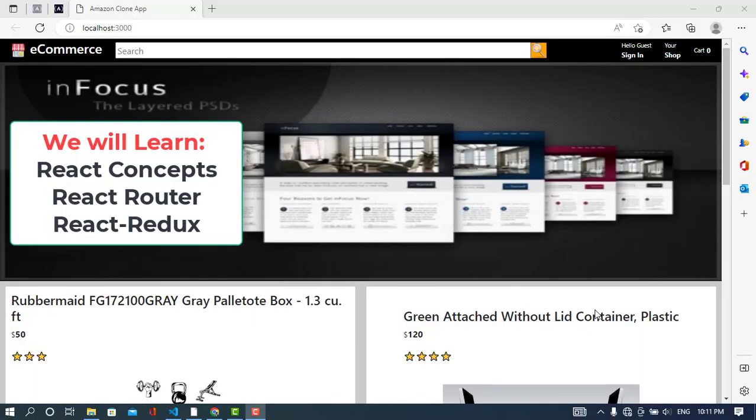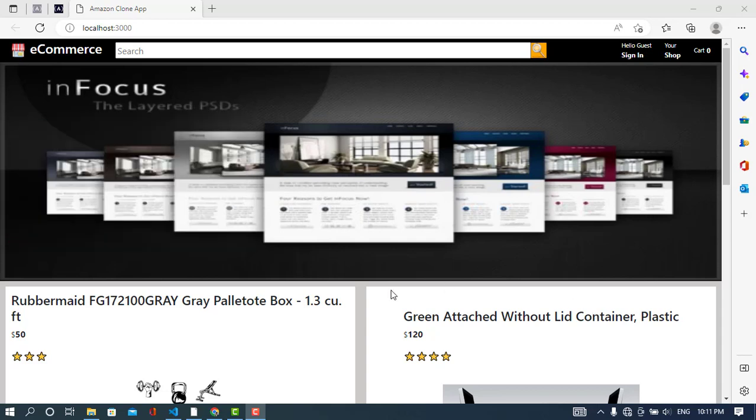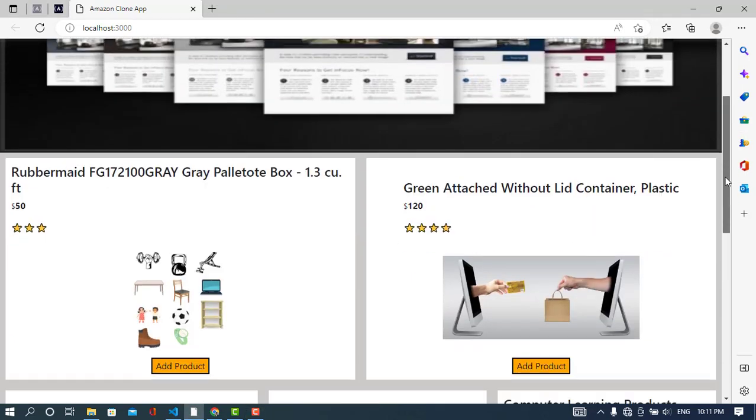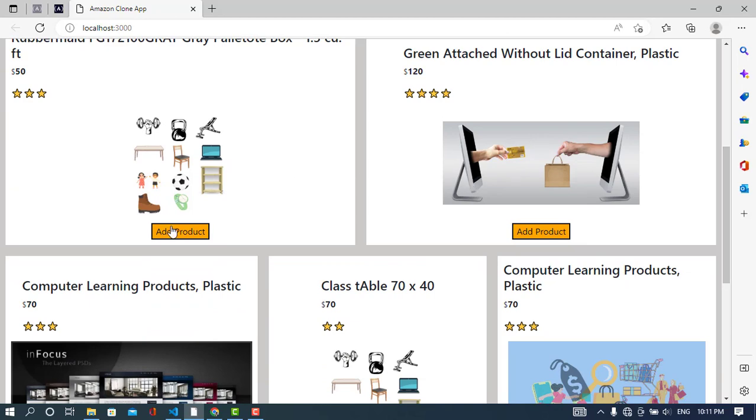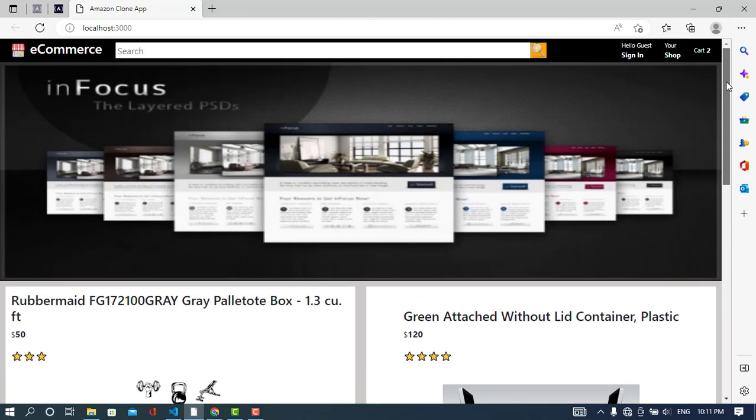In this video we will create a shopping cart using React.js with Redux. So we will create something like this. We will just create the products and then add the products to the cart. Whenever I add a product to the cart, it should be shown here: cart 2 items, okay, before it